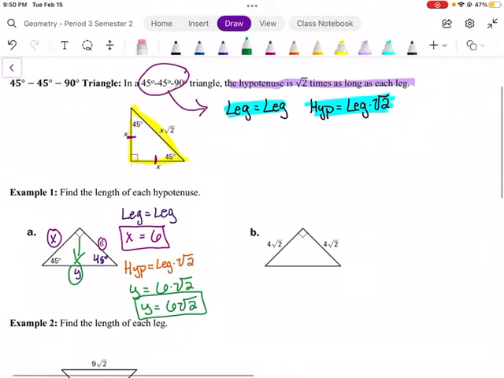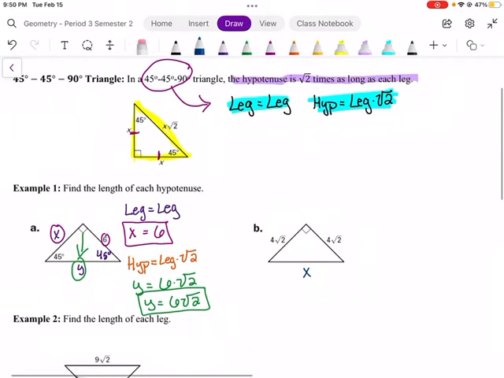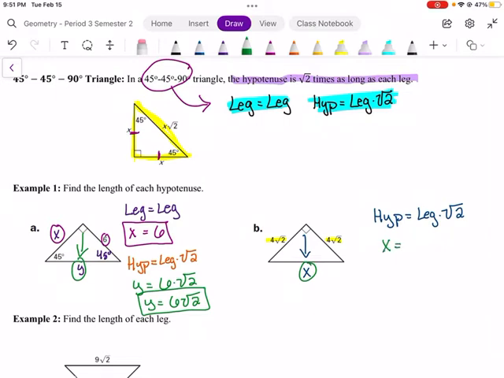Now let's do example B. This one, we're only looking for what the hypotenuse equals, opposite of that 90 degree angle, because they already told us that both of the legs are 4 square roots of 2. So using our equation for the hypotenuse, we're going to take the leg times the square root of 2 again. Our hypotenuse we are going to represent with x equals 4 square roots of 2 times the square root of